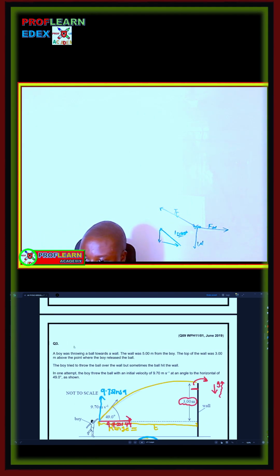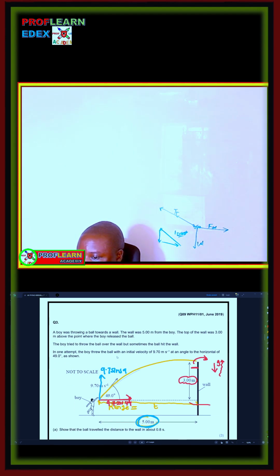So the boy was throwing a ball towards a wall, and the wall was 5.0 meters from the boy. The top of the wall was 3 meters above the point where the boy released the ball. So we can see the height that we are talking about is this height here. Then in one attempt, the boy threw the ball with an initial velocity of 9.7 at an angle of 49 degrees to the horizontal. This is the angle. So we can state that the vertical component is 9.7 sin 49,